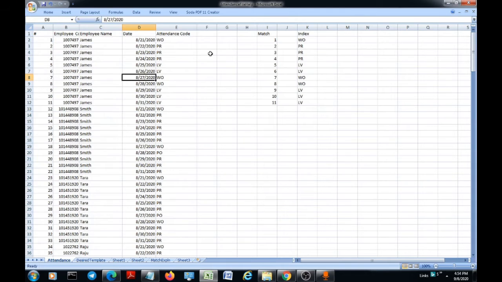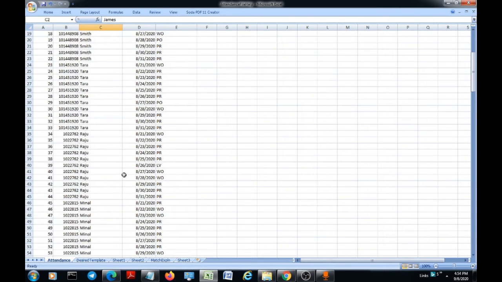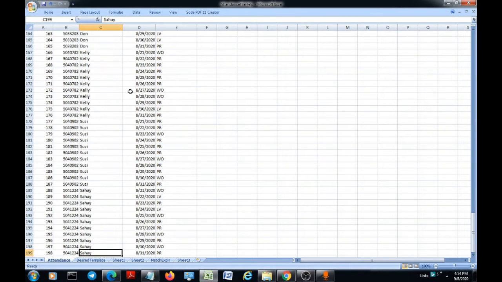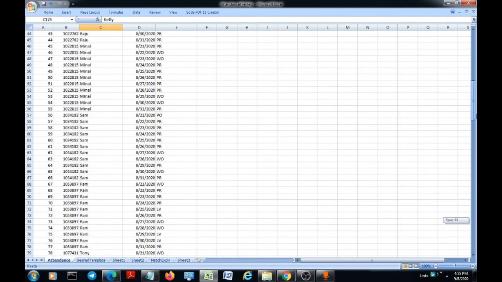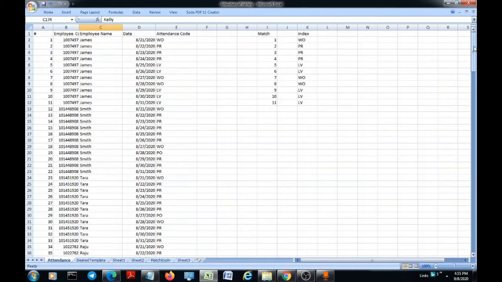Now whenever I need to type a formula and refer to the data from C2 to C199, I don't have to write C2 colon C199. I can just write names here, and that's pretty easy because I can't remember the cell range when I'm using data representation here.